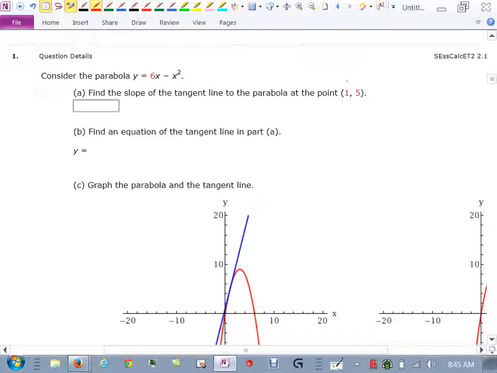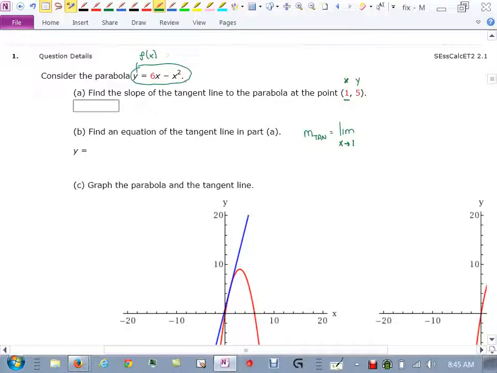So remember here that we're saying that our x is 1 and our y is 5. And then here is our actual function. We could rewrite the y here as f of x. So the slope of the tangent line is equal to the limit as x approaches whatever x value we're going to. In this case, it's 1